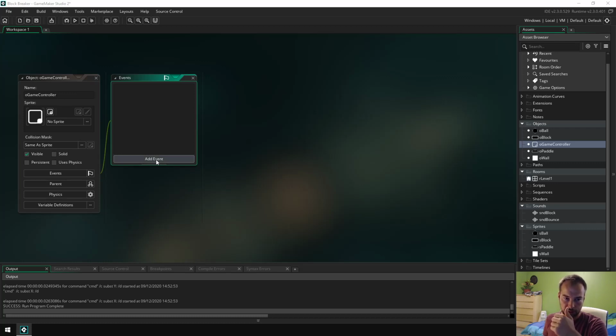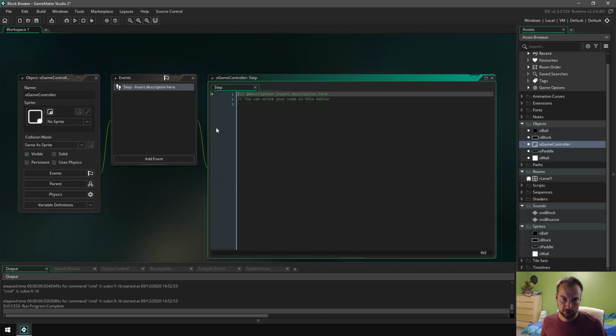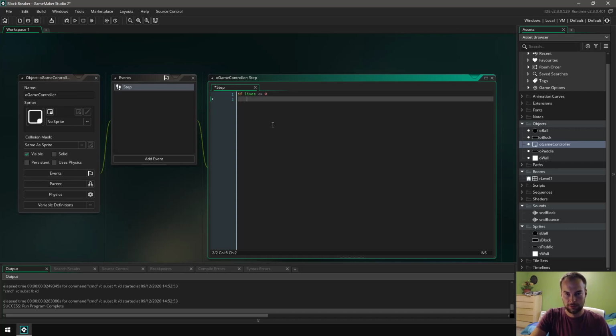First, I want to make sure it takes you to the game over room when you are out of lives. So how often do you have to check that you're out of lives? Well, you constantly need to check. Every time there's a frame that goes by, you need to check to see how many lives you have. So it's going to be in the step event, which happens once every frame. And we're going to check to see if we're out of lives. So we can go if lives is less than or equal to 0, then we're going to move to a new room. And that new room is going to be